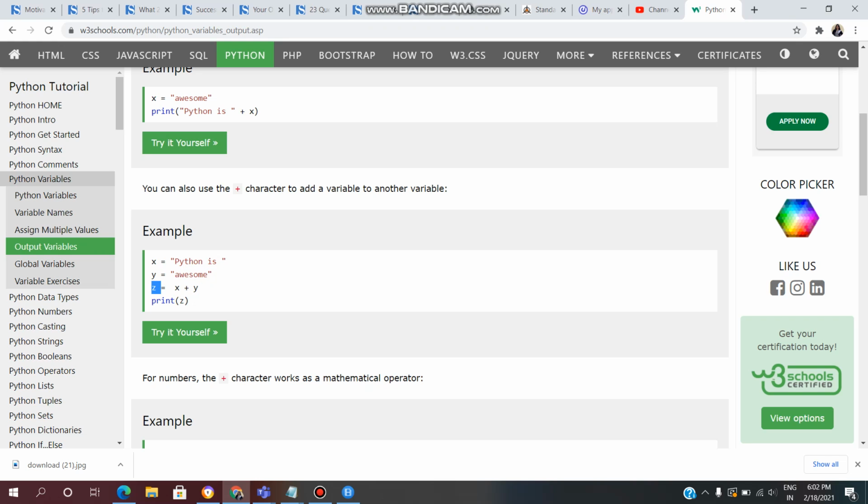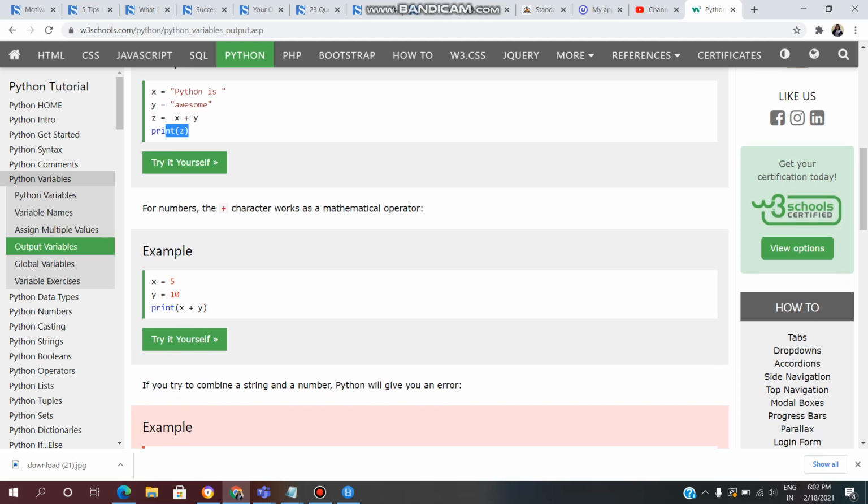Now z equals x plus y. Now we are printing z. What we are doing here is adding two variables and assigning that addition to the variable z, and later on we are printing z. We will see practically later.